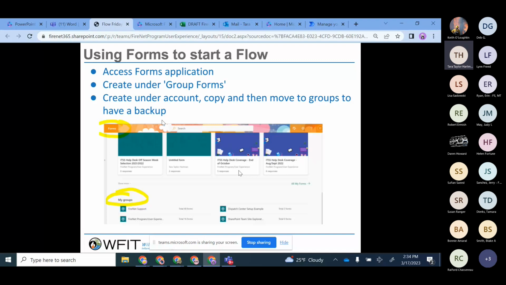So when you are creating a flow and you're going to use a form in it, you want to make sure that, say this is our finance use case, so you're on an incident. If that form needs to change or be edited and you leave, you don't want that form under your account because then nobody can change it. So you want that form to be under group forms. So you'll see group forms on your screen, and I'll go into